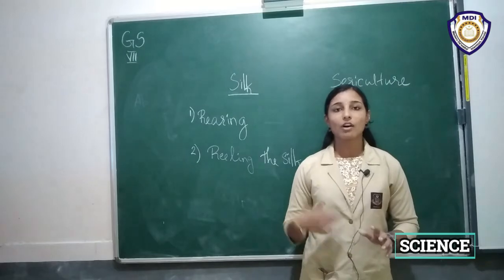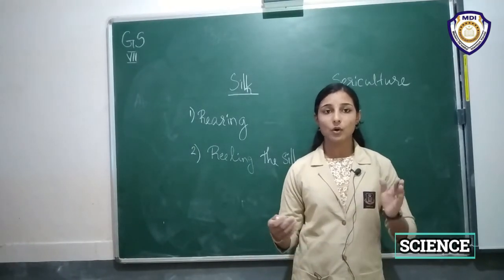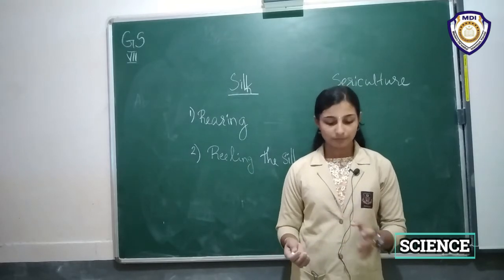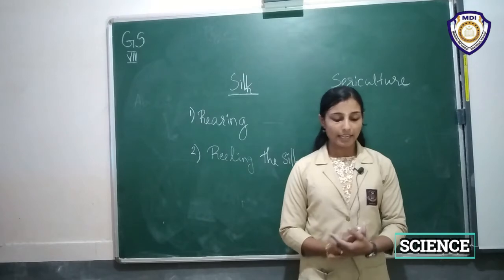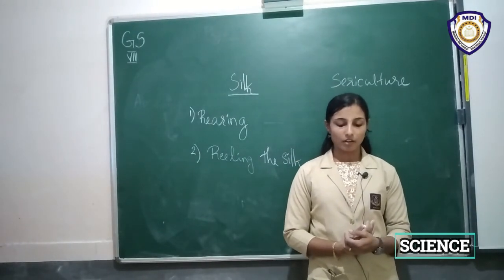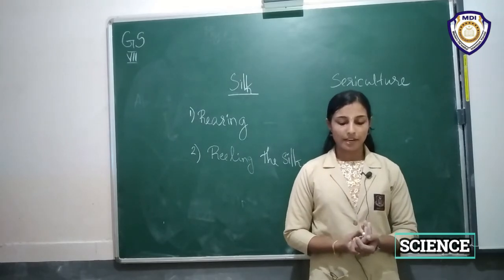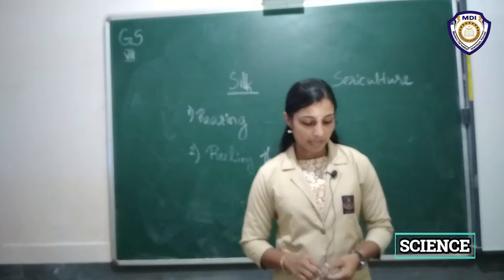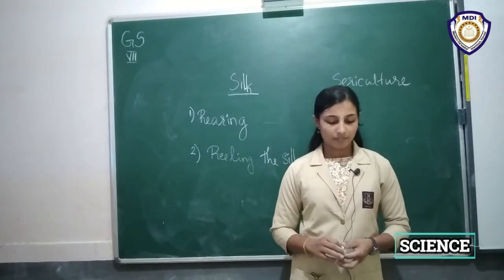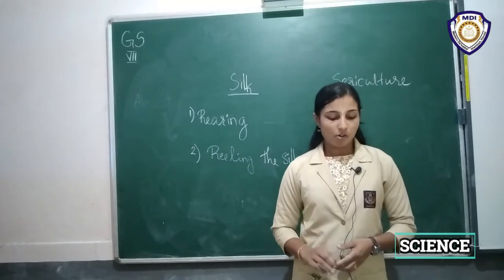So we know how the threads of silk fibers are separated. The cocoons are exposed to heat or steam, right? Silk industry began in China and was kept a closely guarded secret for hundreds of